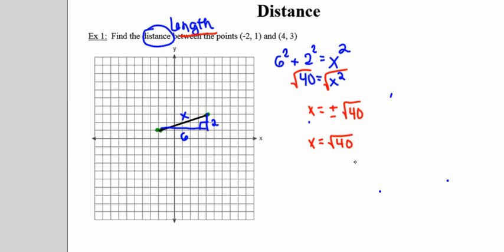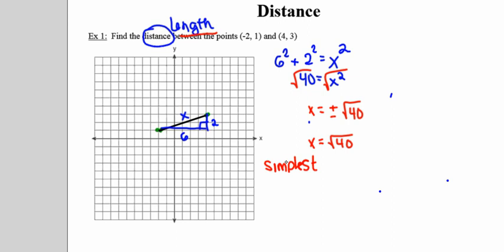Now, you might be wondering what to do with that square root. Do you round it to the nearest tenth? Do you leave it as it is? Should you simplify that square root like you learned to do last year in algebra class? And the answer to that is we are always going to leave these distances in simplest square root form